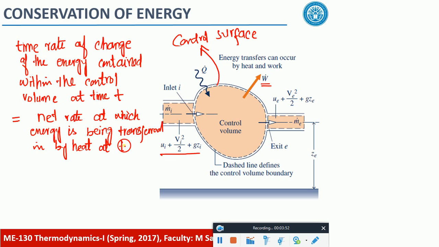And obviously, because it's generally a transient process, we say that it is at time t. And then the next term would come from the work. So that would be the net rate